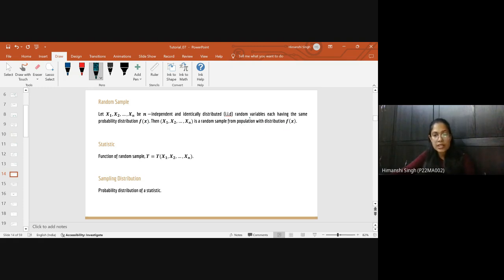So basically, if there is a population whose distribution is fx, and I took n samples which are independent and identically distributed, meaning the distribution of each of the xi is fx, then I will say that x1, x2, ..., xn is a random sample from a population with distribution fx. So this is basically the